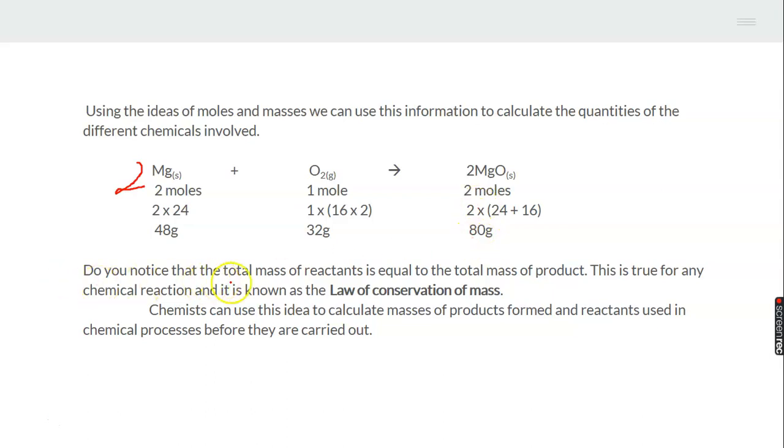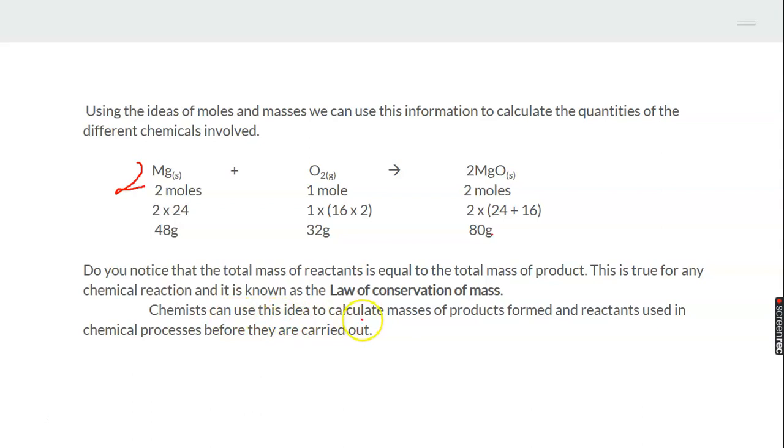So do you notice that the total mass of reactant is equal to the total mass of products? If you add 48 plus 32, it will give you 80, and you have 80 on the right hand side. That's how to double check if your chemical equation is truly balanced. So this is true for chemical reactions, and it is known as the law of conservation of mass. Okay,